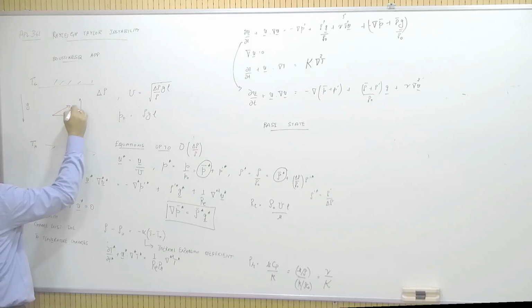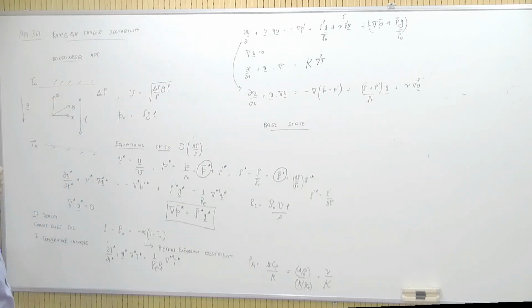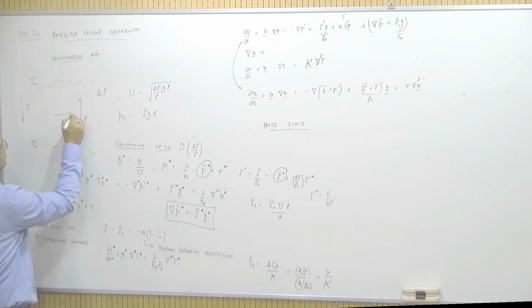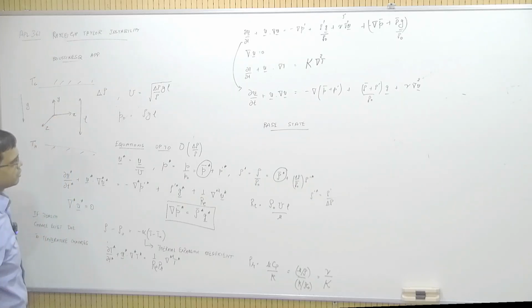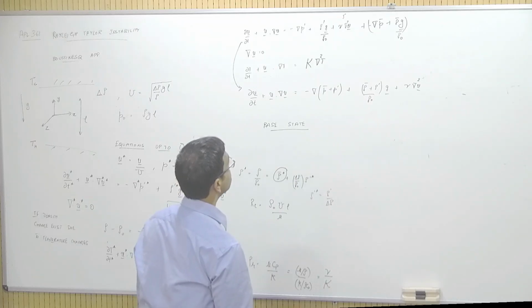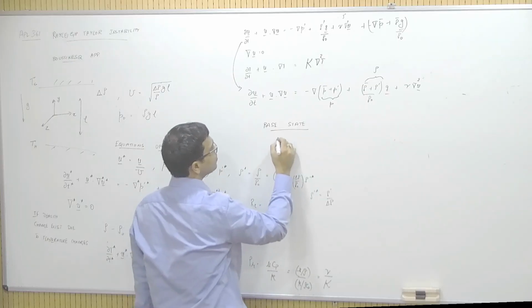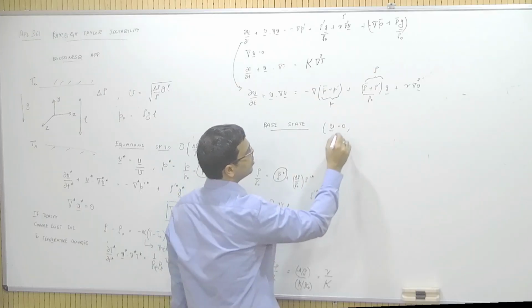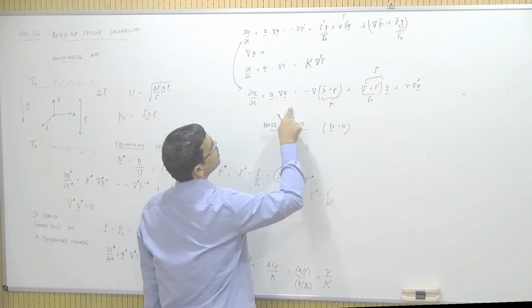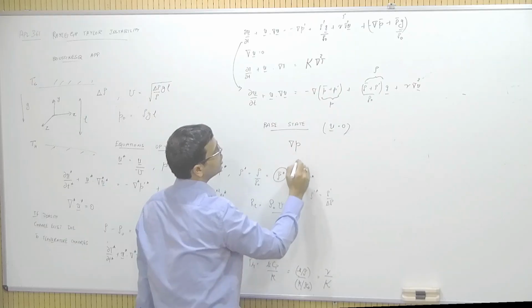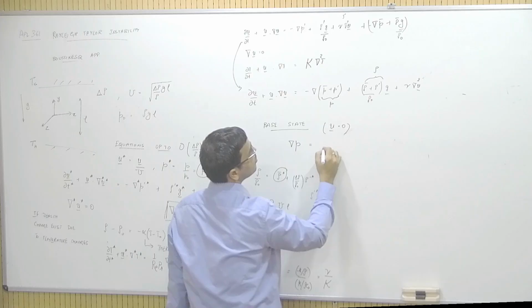So this time I'm going to take a z coordinate here. It doesn't matter, you can take the y also. Let's take y for consistency with other problems. Notice that this is simply pressure and this is simply density. So the base state is when you don't have any velocity. When you don't have any velocity, what is the solution that you get? You basically get this equation back: grad p equals rho